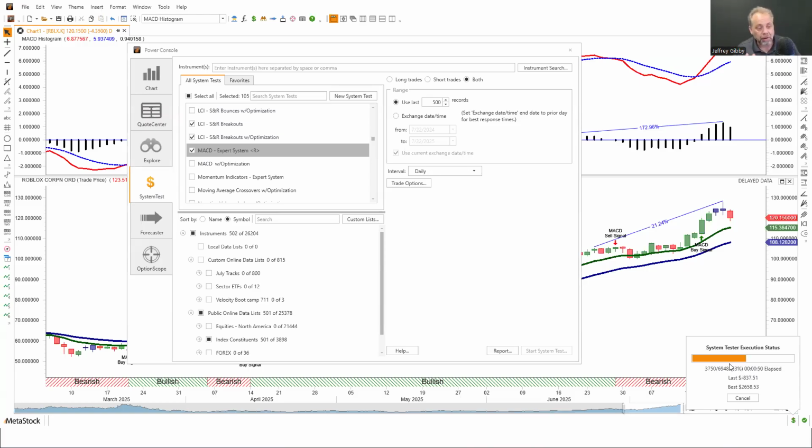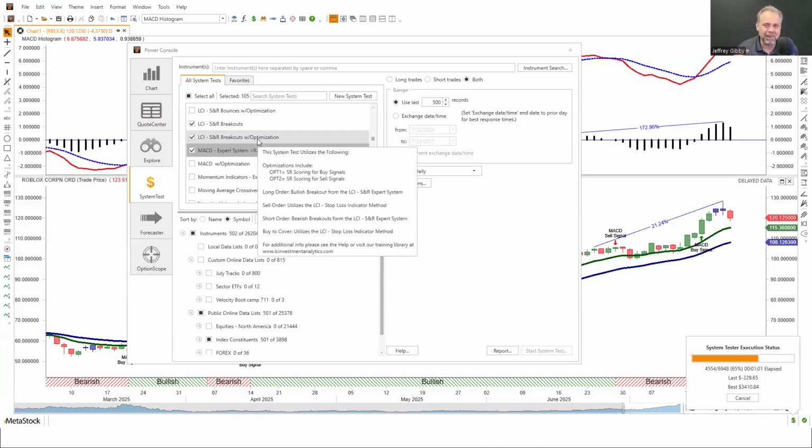I should have a little bit of a story prepped in. We've gone through about 7,000 tests, which seems like too many. I do have an optimized system in there, and so it's testing a lot of values. Otherwise, we'd be done by now. But you can come in here if you're creating systems and say, well, okay, with MACD, what if I used a 10 period or a 15 or a 20? Is there a better one? And that's how optimization works.